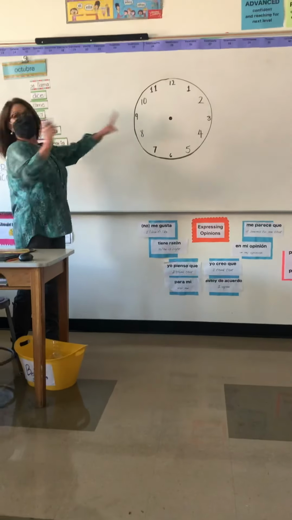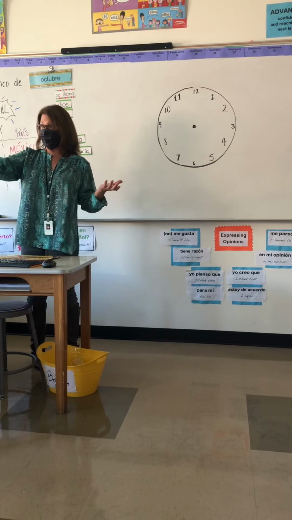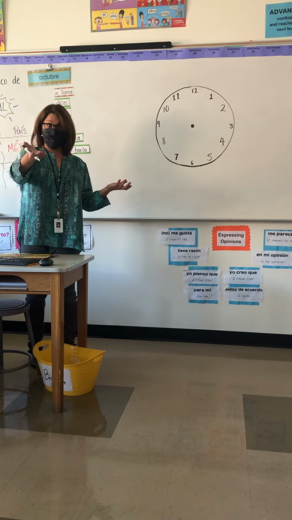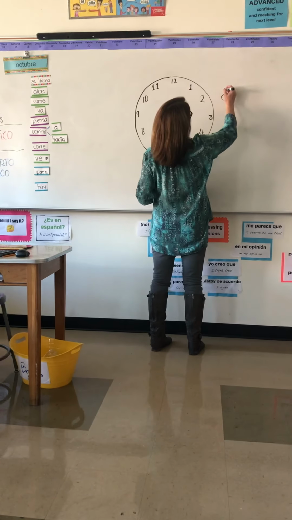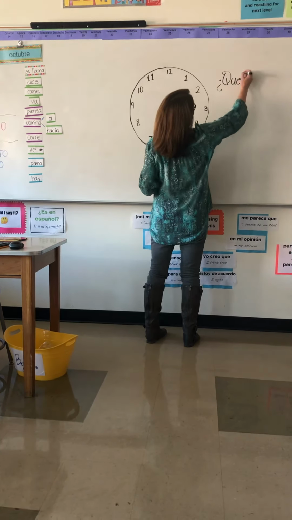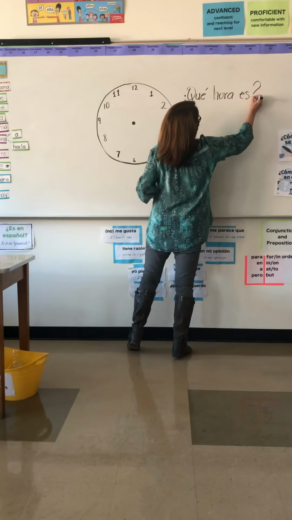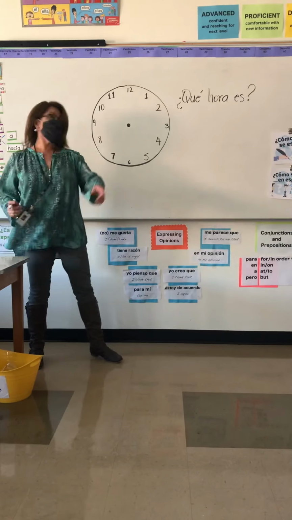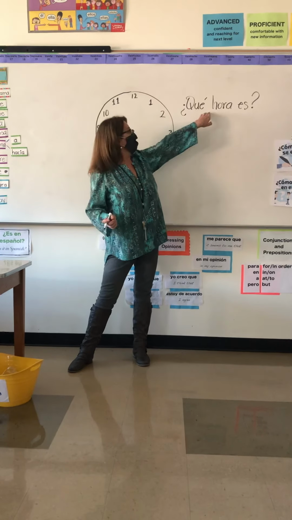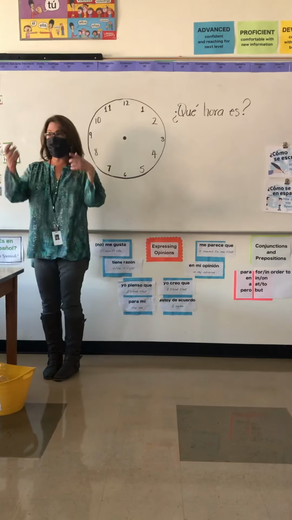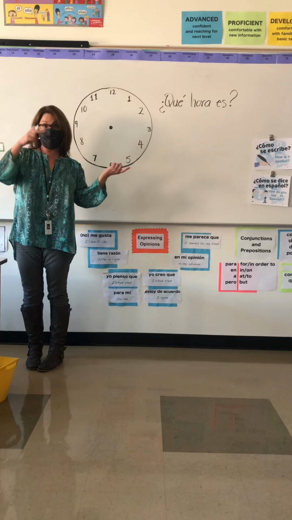All right, so we're gonna learn to tell time. Do you know how you ask what time it is? Anyone? Okay. To ask what time it is, you say, ¿Qué hora es? That's the question. ¿Qué hora es? And remember the H in hora is silent, so you never say the H. ¿Qué hora es? And then to answer, what did we just learn in the slideshow? How do you say the answer?